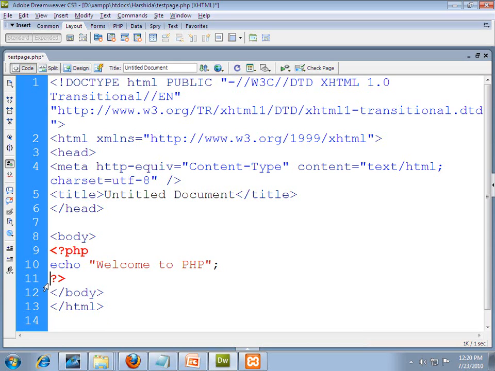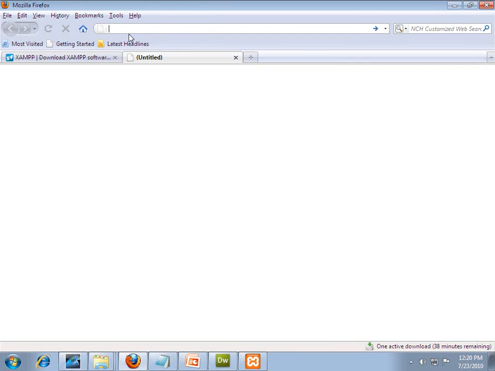Now PHP works for web-based applications, so we check our output using a browser like IE or Firefox. Here I use Firefox. Specify your path: HTTP. Right now my page is saved on a local host, so you specify your server name localhost and then your individual folder, which is Harshida, my own folder. Then click on the OK button.